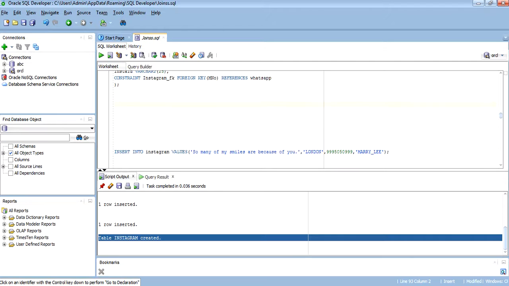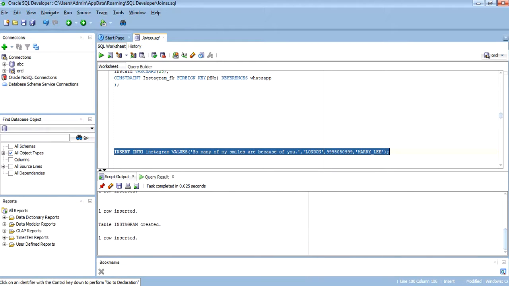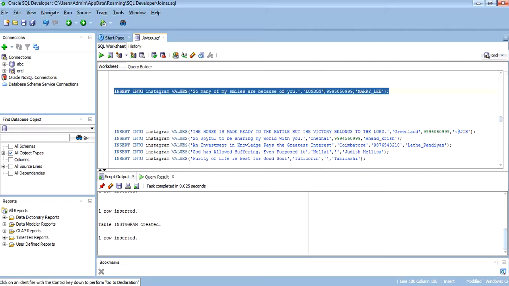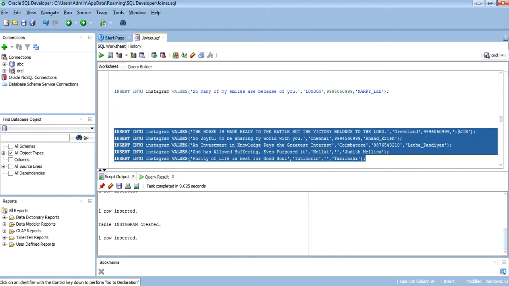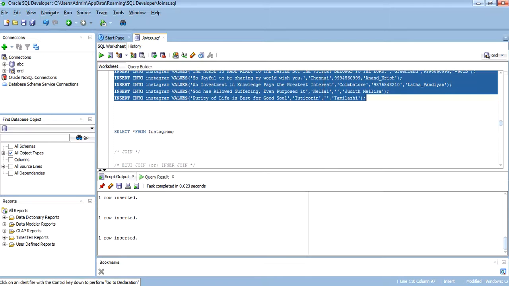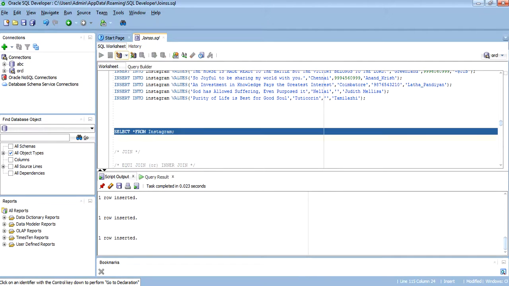We can insert some values by using the insert into command. One row is inserted. We can insert some more values. All the values are inserted. By using select star from Instagram, we can view our data.